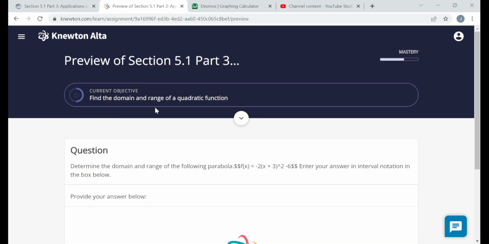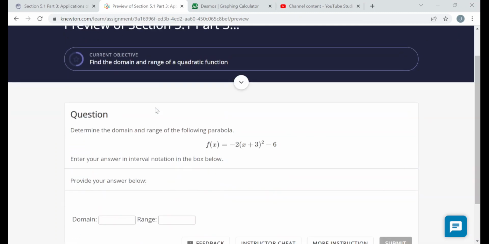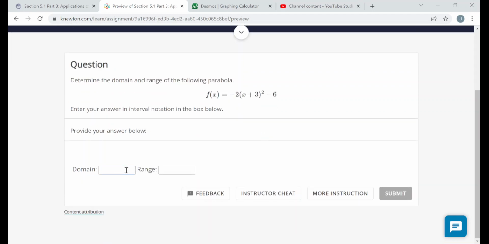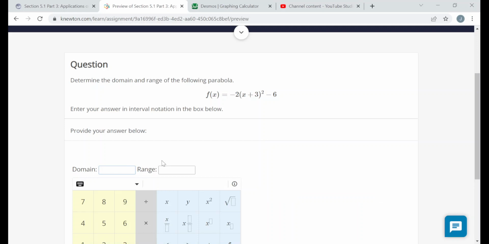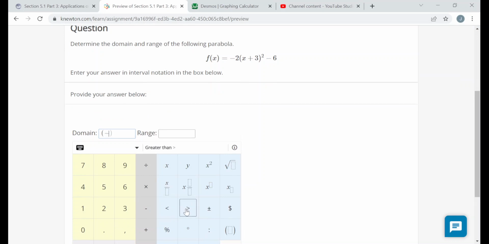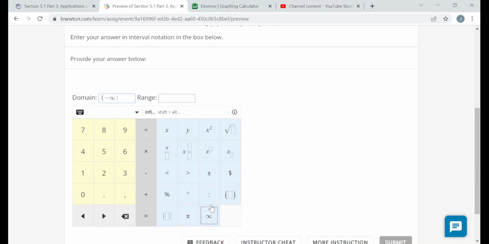Now domain and range, this one's even easier. It's a quadratic that's written in that standard form. I'm assuming you remember what the standard form or vertex form is from sections 5.1 part 1 and 5.1 part 2. So the domain, they're saying put in interval notation. So that's negative infinity to infinity. It's all real numbers with the parentheses on the ends. Now the range,